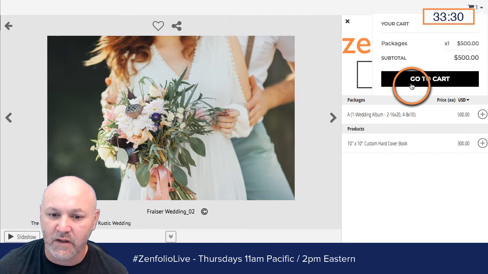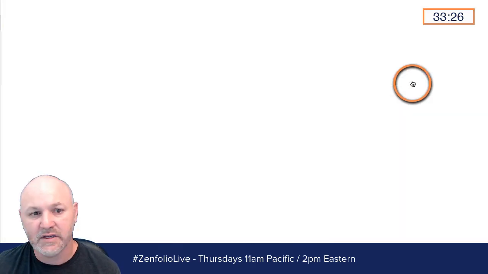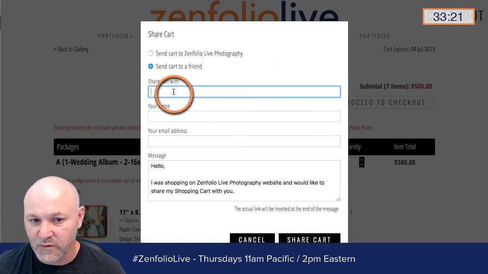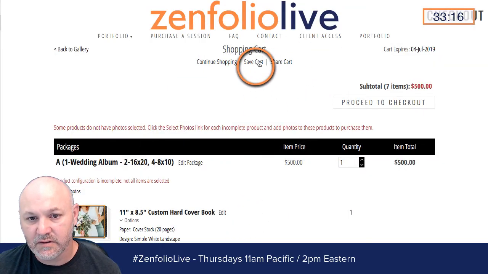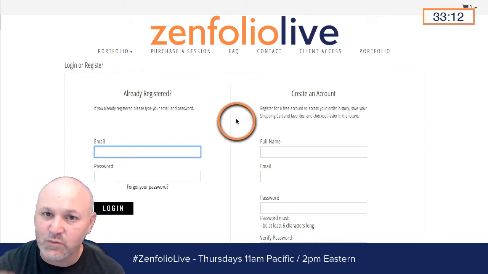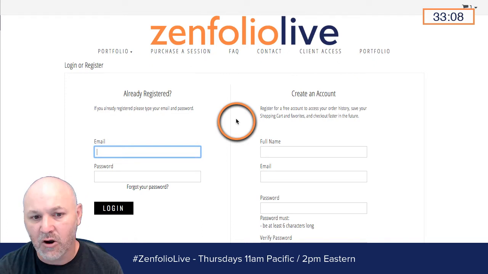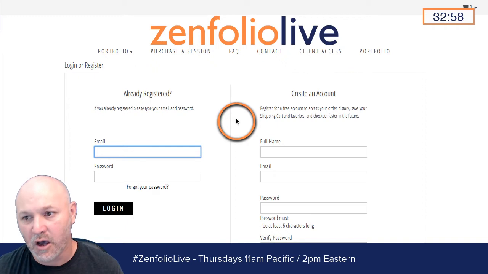So let's say that they're working on this, they're done for now, but they want to work on it some more. They can go to cart and click share cart, and they can share this cart out to their email if they want, or they hit save cart. It's going to ask them to create a client account. That is what I would recommend they do, because they can save that cart, create a client account, and then that cart's going to be saved in their client account. Then all they have to do is come back in, log back into their client account, and they can keep working on their